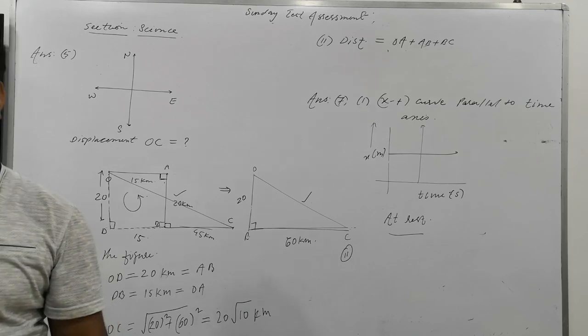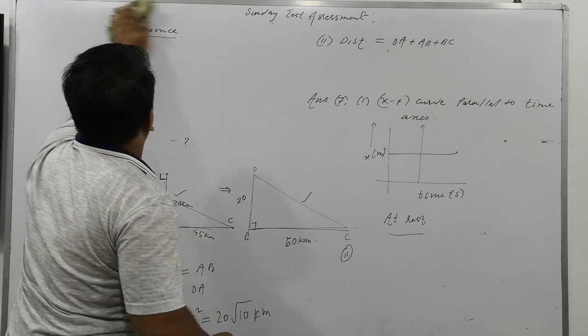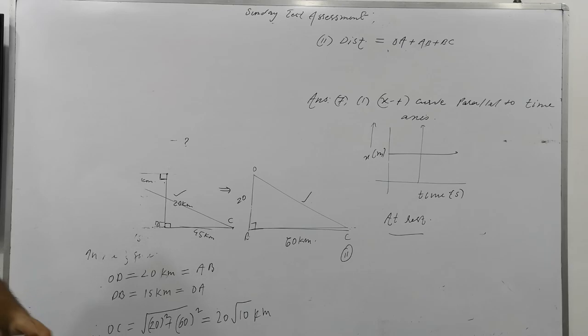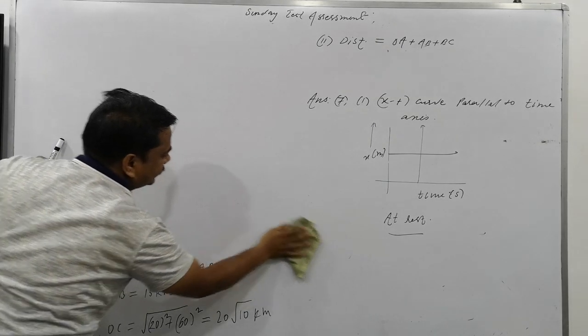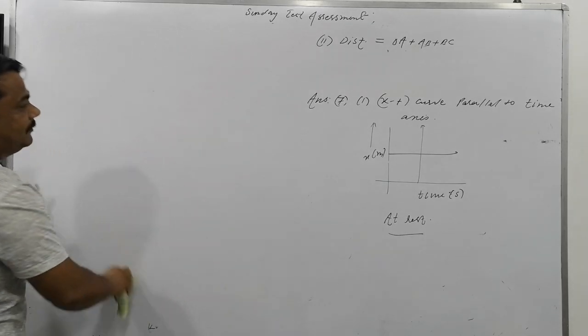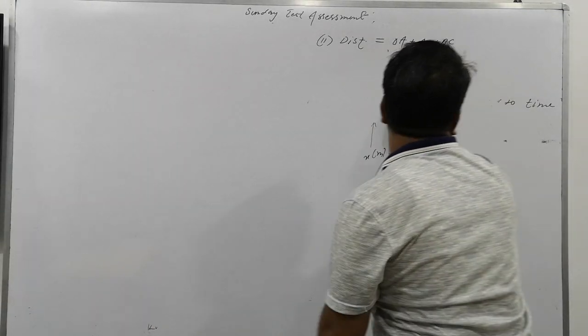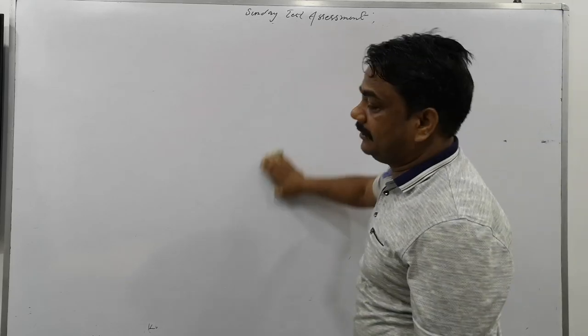Is that clear? Any other question you want to know? This is the important section in physics, graphical understanding. Because by seeing the graph, you can understand the aspects of motion, what exactly is happening, and how the object is moving. Its speed can be predicted by seeing the curve. Please see the study material. Any other question you want to know?